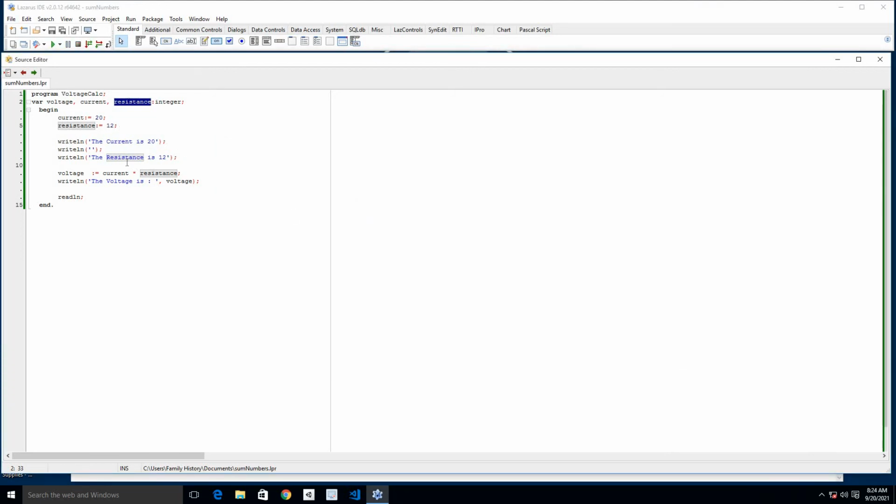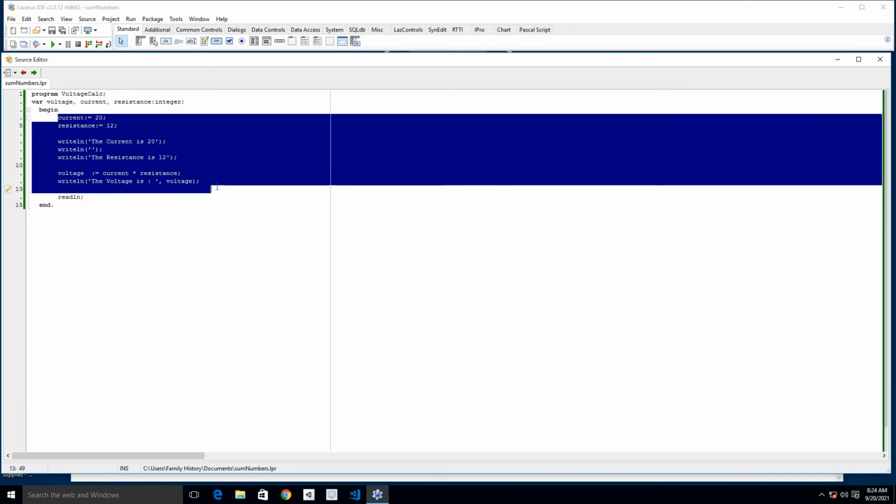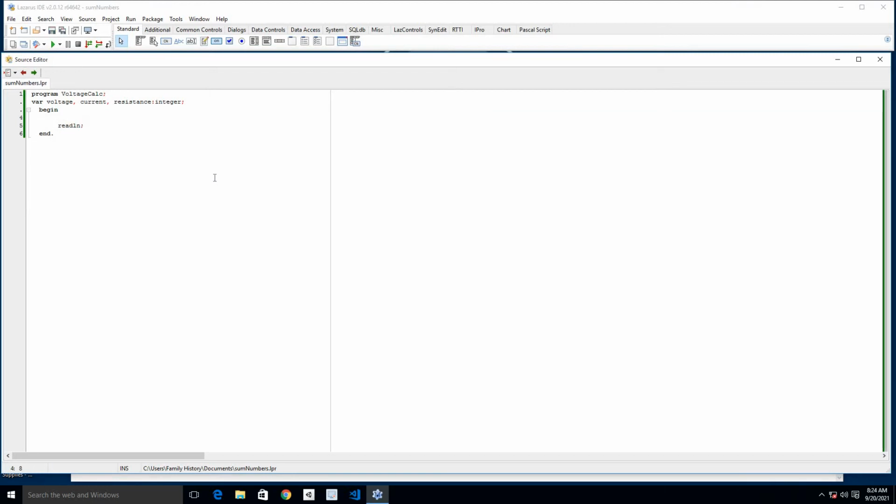The second method is by simply allowing the users to enter values of the current and resistance by themselves. So let's get rid of this. But I hope you understand the first method we did. You are not going to forget. So now we are simply going to ask the user, please enter the current. We're just going to write